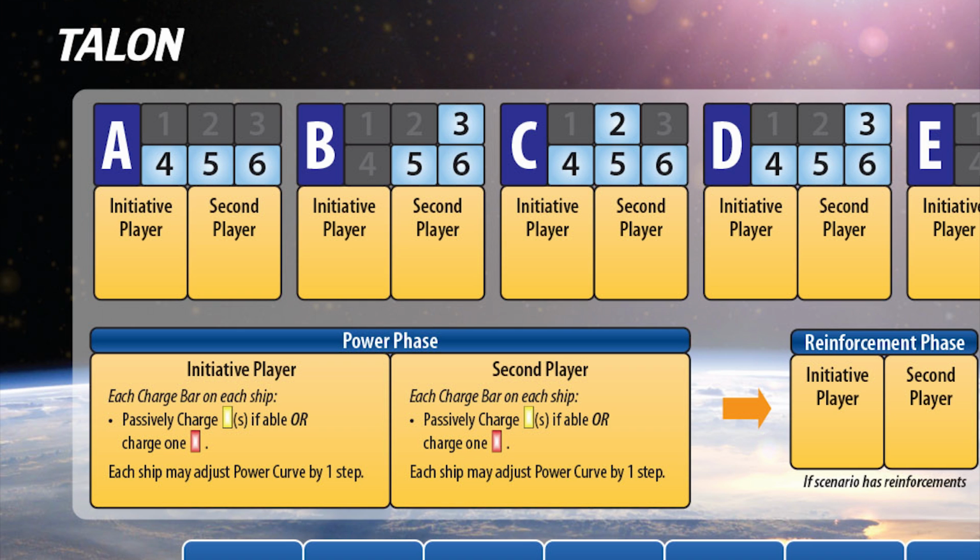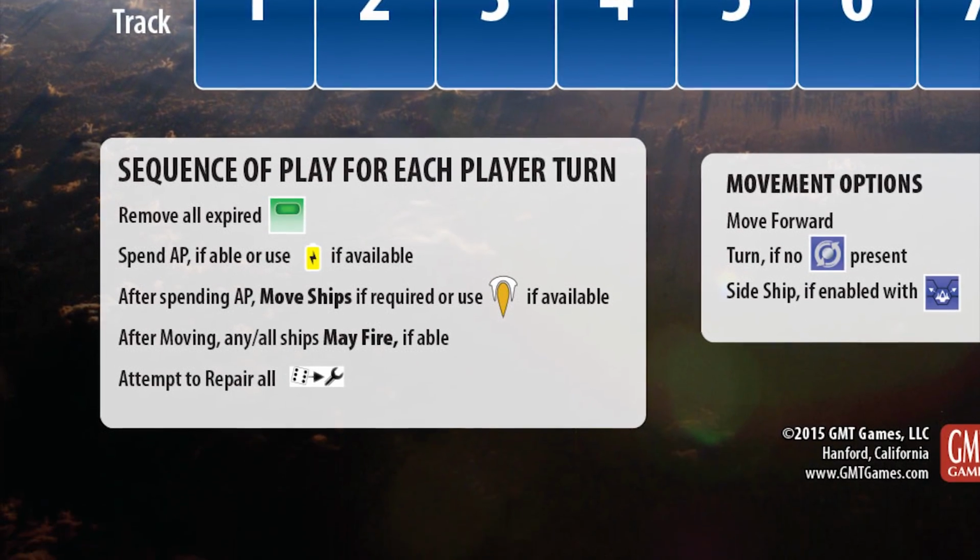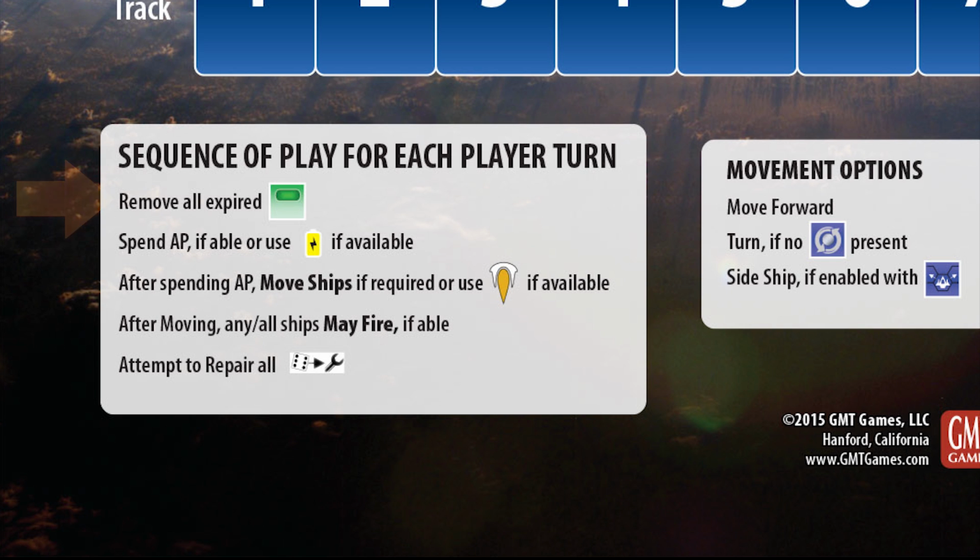Nothing happens simultaneously in the game. One player, usually the Talon player, has the initiative, while the other player is the second player. The initiative player takes his actions first during a given impulse. Each impulse, a player removes any of his shield reinforcement markers that expire this turn, and we'll explain that more